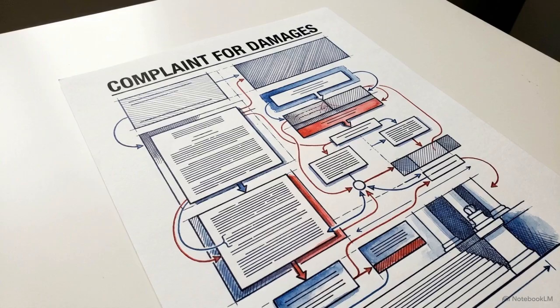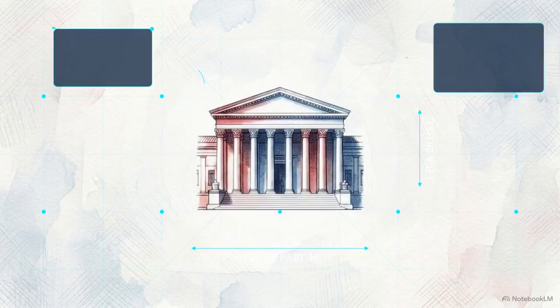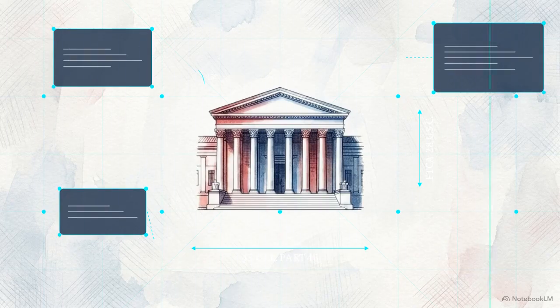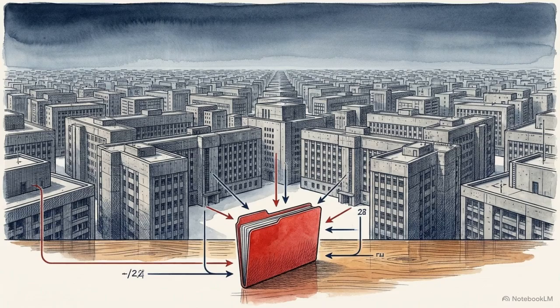This analysis deconstructs the FTCA complaint in Bennett v. United States. The filing invokes 28 U.S.C. Section 1346(b) to seek compensatory damages for alleged federal negligence. We are examining the structural mechanics of civil procedure and statutory interpretation. Our goal is to understand the legal engineering of the complaint, not to evaluate the underlying medical science. Analyzing the architecture of this specific case reveals the technical requirements for litigating against the modern administrative state.